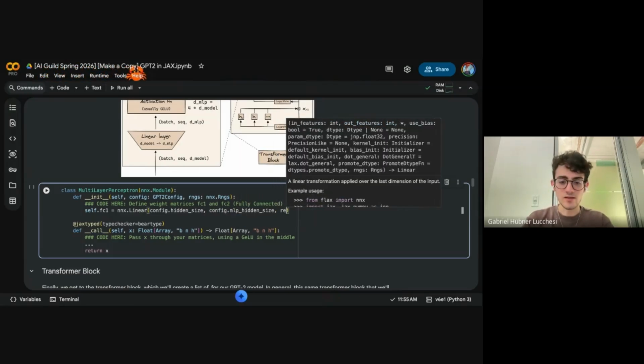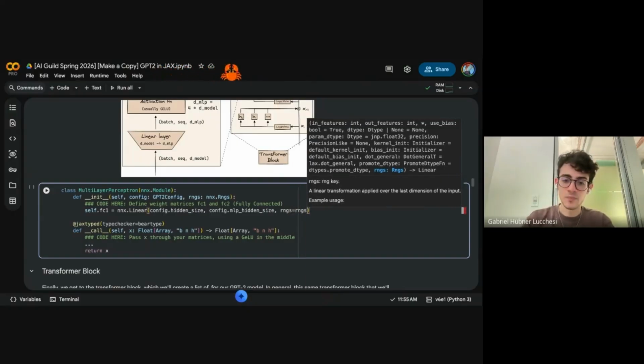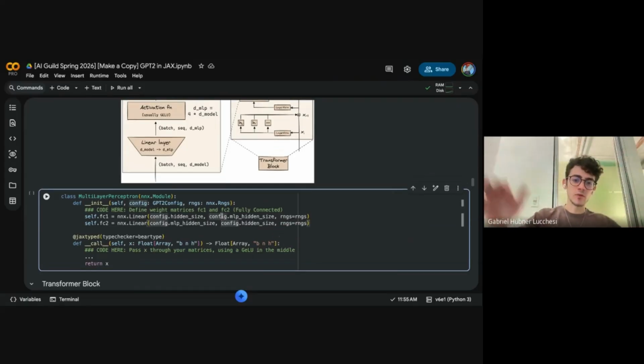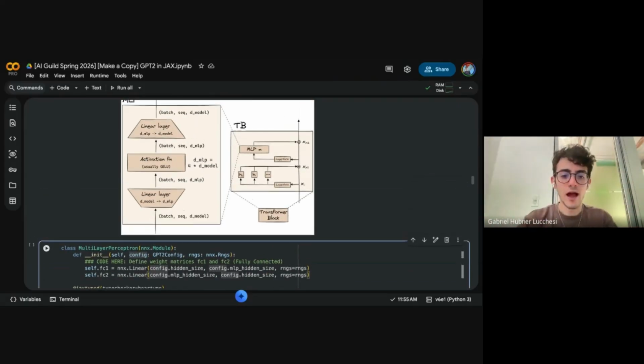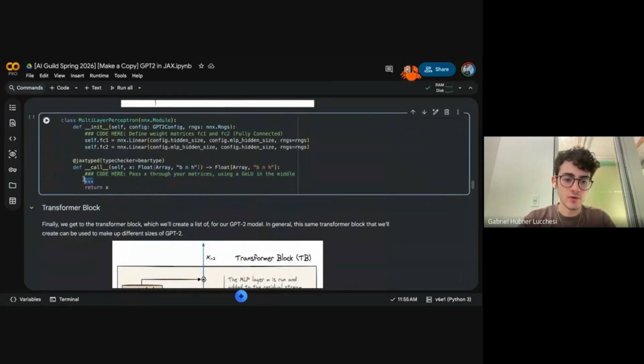And then I'm just going to pass in some random number generators so that it initializes our model weights randomly. And then we also have the other one, which is the same thing, but just swapped, because we're going to go from the MLP size to the actual hidden stream size. So it's the second trapezoid here. And then now we're going to pass our X, which is our stream, through these matrices.